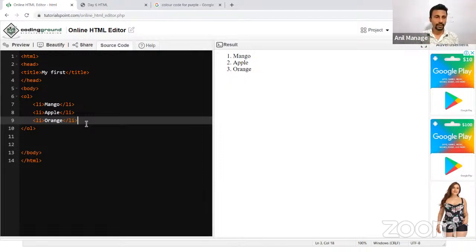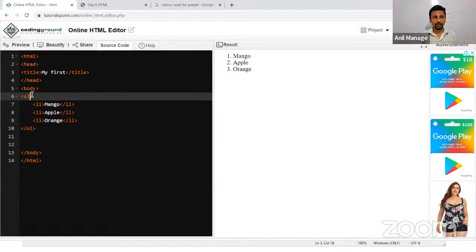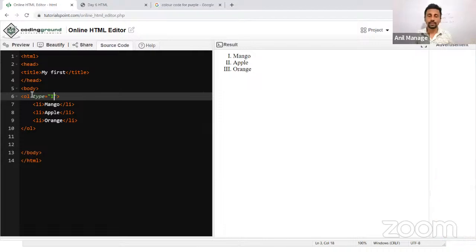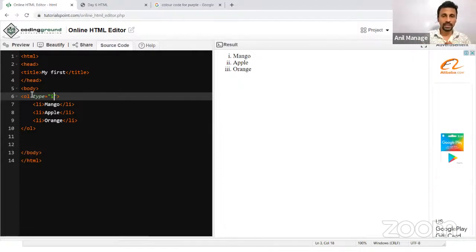Mango, apple, orange. Now I can change the OL type. If you don't put a type, the default value will be 1, 2, 3. I can give a type; there are many types. Capital I, that is, you are getting 1, 2, 3 in Roman values. Simple i,